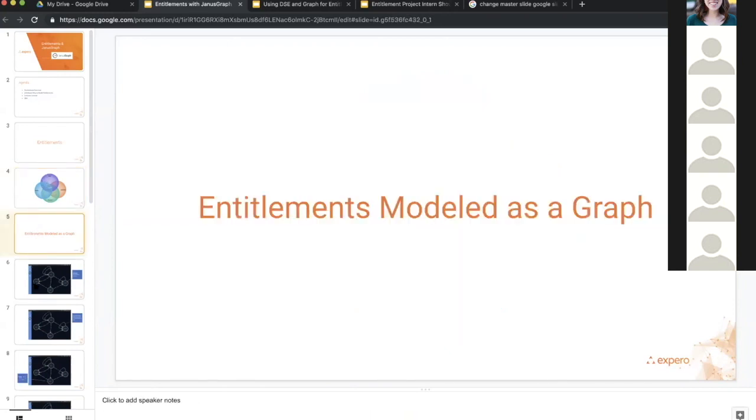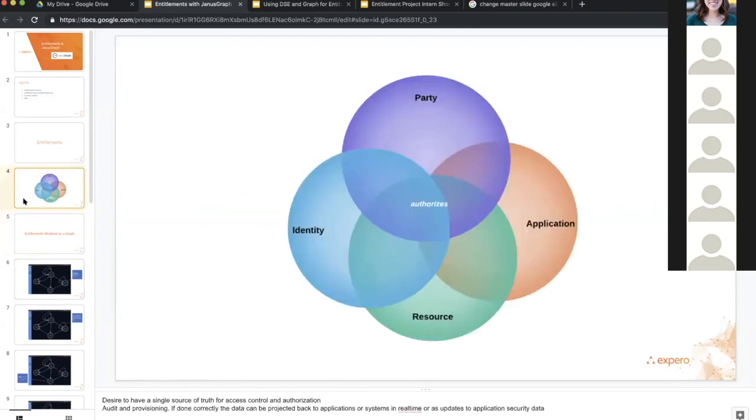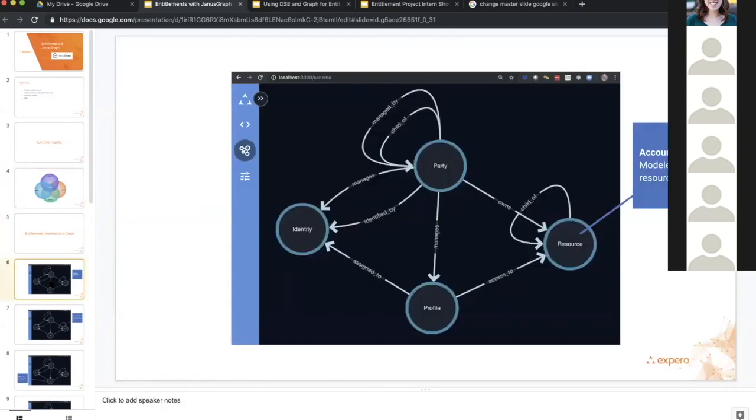So the next step is, how will we take this simple Venn diagram and project it into a graph? Here we have a tool that we use internally to work with Janus. Here you see modeled a very simplistic model of what was represented in that Venn diagram. We've actually dropped application out for this particular use case, because we were projecting a data source that didn't have an application. And here we have the parties, the edges, the managed by edges, the child of edges for the nested parties relationships, like organization has